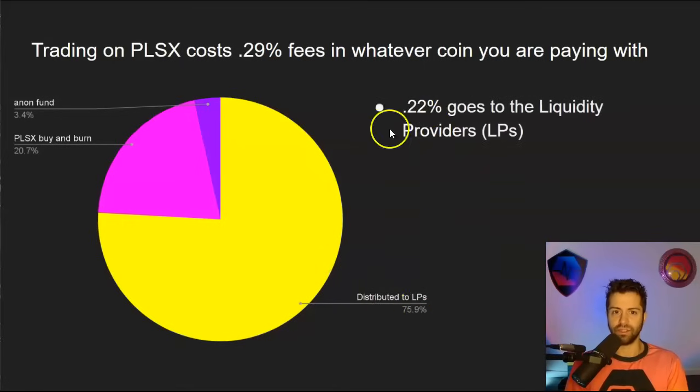Okay, liquidity providers, 0.22% of the 0.29% goes to the LPs, the liquidity providers. Okay, and that's for taking the risk of putting up liquidity and allowing everybody else to trade using their coins. So that's what you get when you're on the other side of the trade on a DEX as a liquidity provider. You actually get a large portion of the trading fees along with INC token, which is why yield farming is so popular. People are actually making a lot of money on yield farming, but I talk about that on other videos